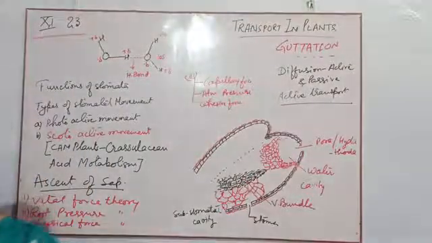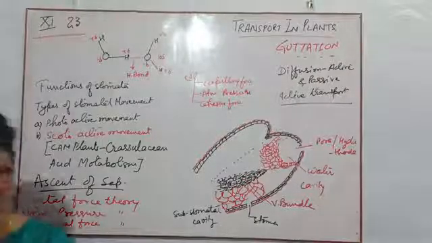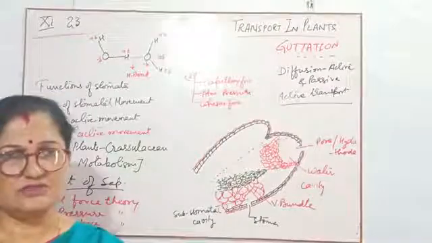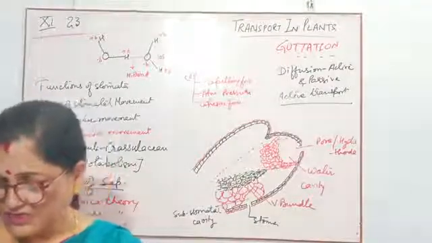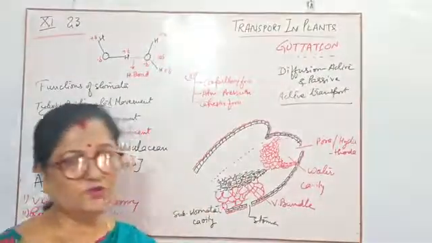Just suppose there is Goldsky, then the relay pump hypothesis, all these things are there, but it is not very necessary for it. Then the next one is the root pressure theory. As children in class 10th you studied, now I am telling you the root pressure theory.